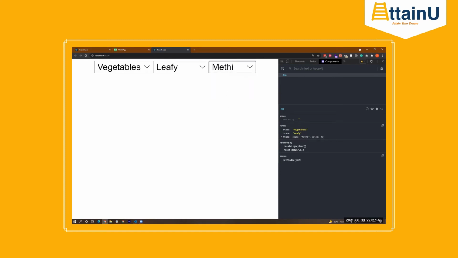Methi, this is fine. But if we change to fruit, see, it is still storing methi only. It's not coming back to mango. If we change to all year, it is there and banana is there in the UI, but the state of item is still storing methi only, correct? So this we have to fix.